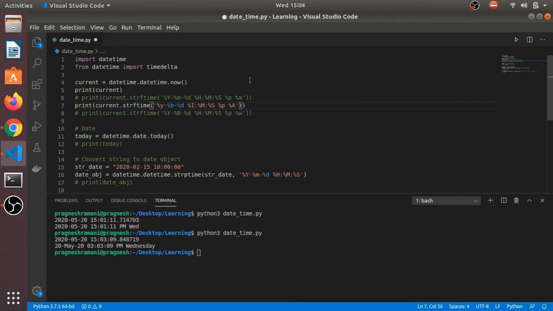After that, there is the percentage I, which is basically returning us the time in the 12-hour format. If you are using percentage H, then it is returning us the time in 24-hour format. So that is the main difference between them. Otherwise, percentage M and percentage S are the same. After that, there is a percentage P used for AM and PM, which